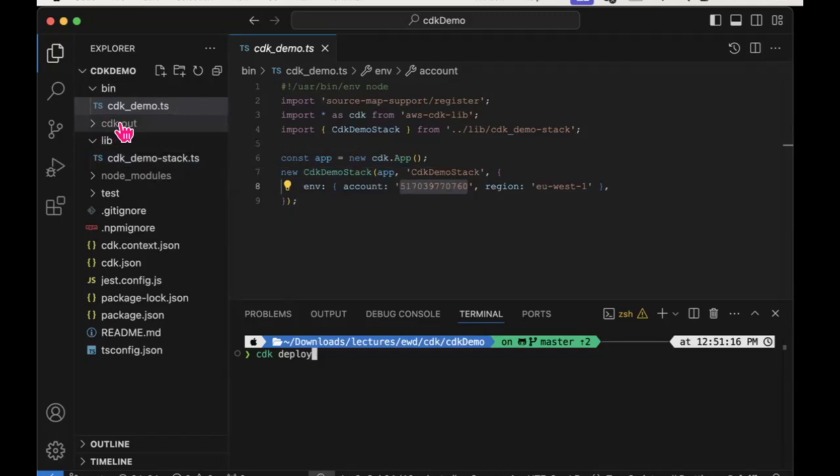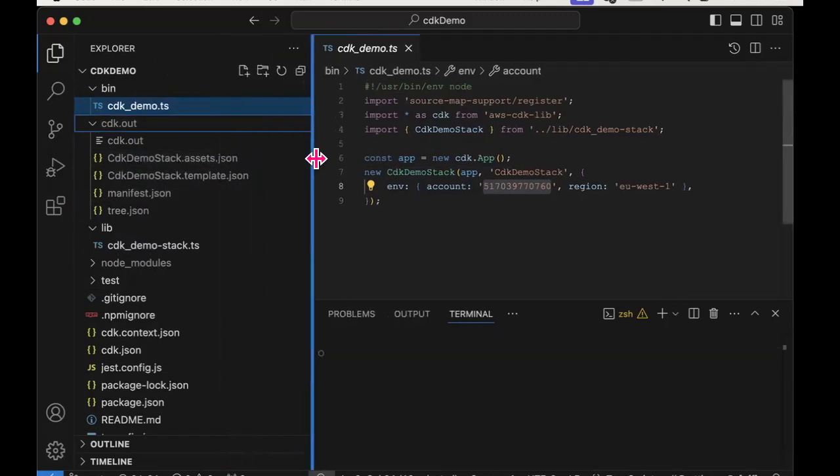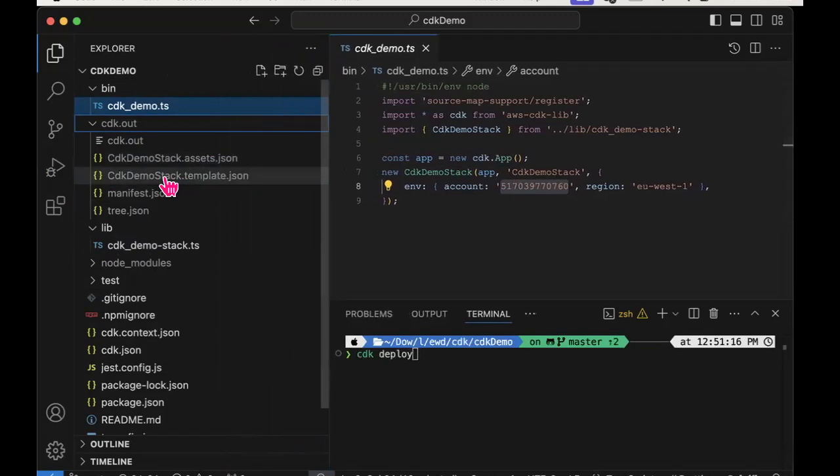Now this folder already exists because I've already done a CDK deploy. But if we drill down into the folder, there's the CloudFormation template that was generated by the framework for the code that I've written.